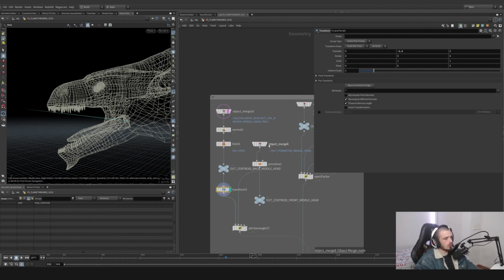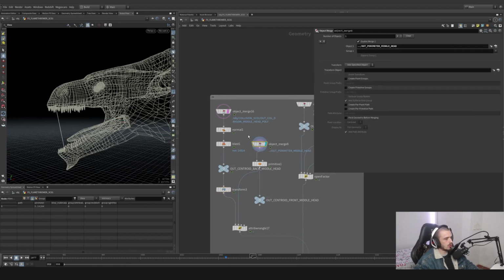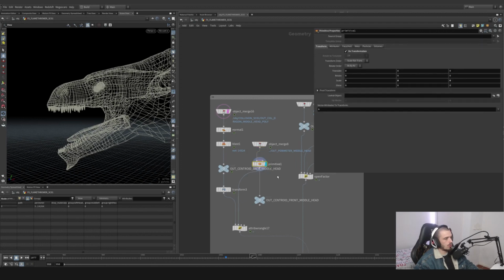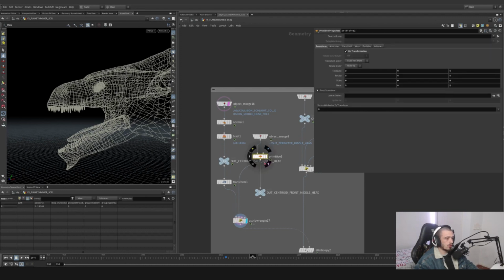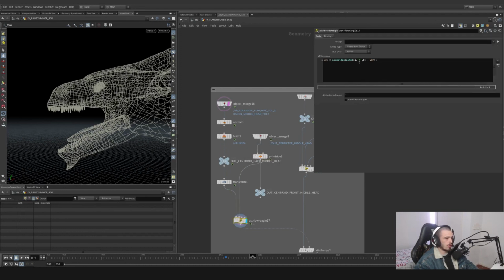So then we're going to grab the out perimeter, which is this one. Remember, we have the back and we have the middle. We're going to use a primitive, so we can use the scale to 0. We have 2 points here, which is the middle, and we are going to basically do this. Hey, the velocity, I want the velocity to become basically a normalization from the point 1. So one of these points, sorry, on the first geometry, on the first input, we're going to grab the P